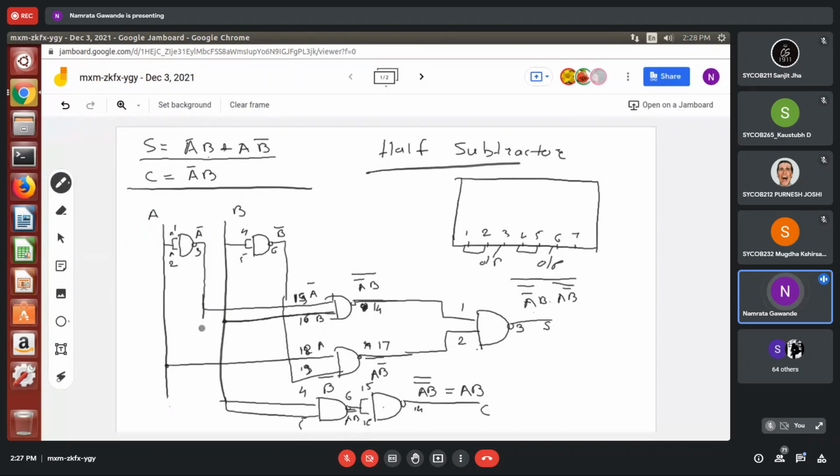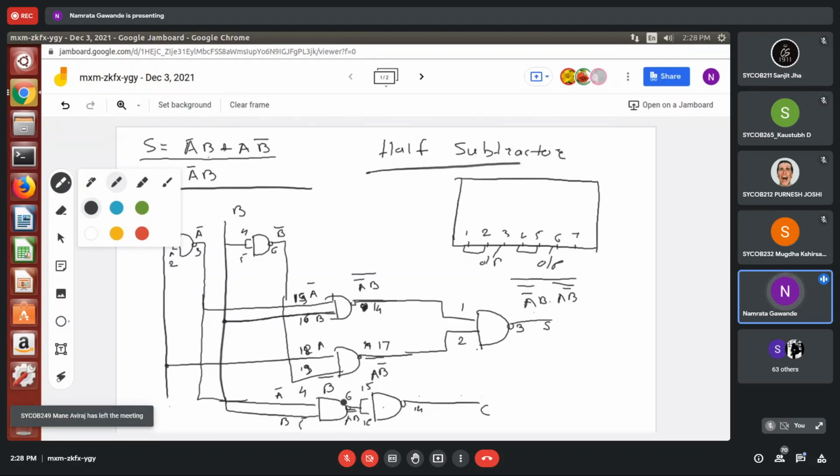That is A bar B. So this is A bar and this is B. This much only change you have to do, A bar and B. The rest of the part will be the same for carry.